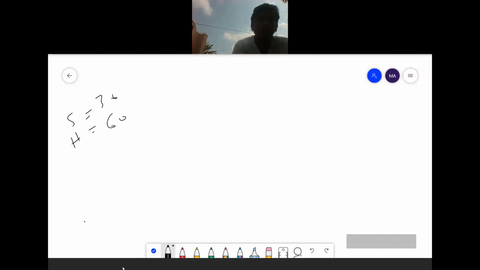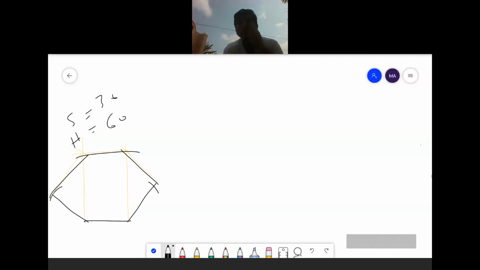I am taking a 30 side, taking 120 this side, cutting 30 here, and extending one line like this. From here I am cutting 30 here, and from here I am cutting 30 here. I am joining all these lines like this. I will get a hexagon, and I am writing this hexagon as ABCDEF.